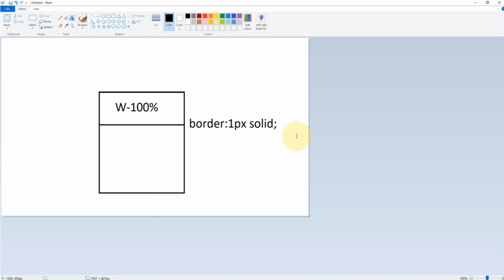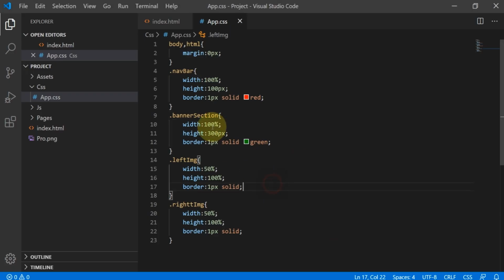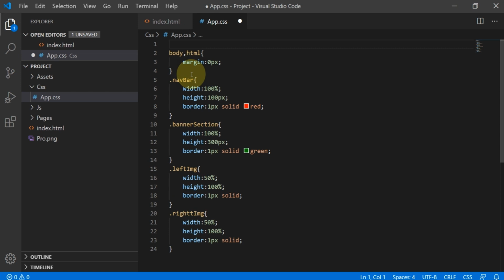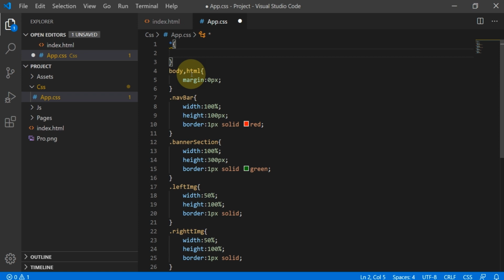This is not an issue for a specific element, this is a global issue in HTML. The star is a global selector. It will apply these styles to all elements you are using in your website. All elements will be affected by these styles.